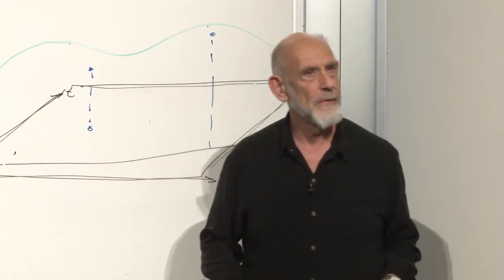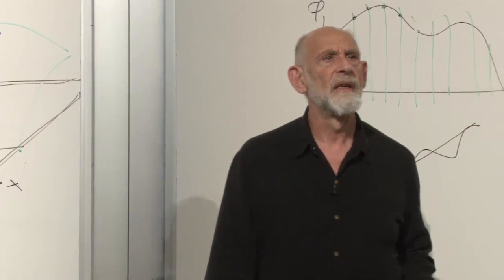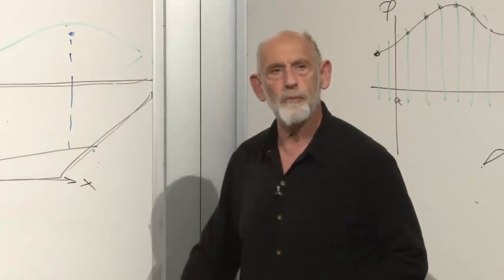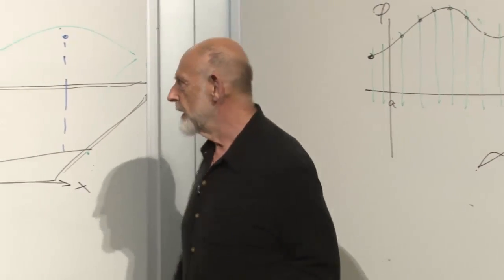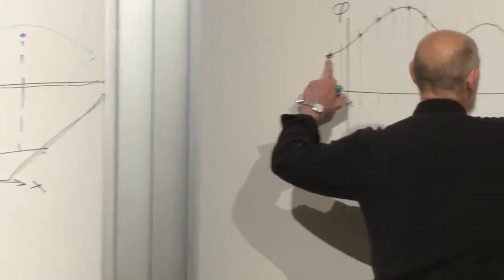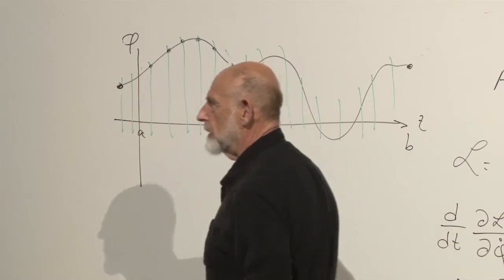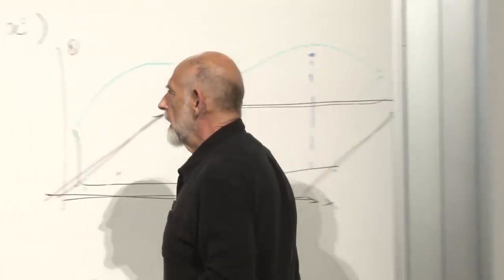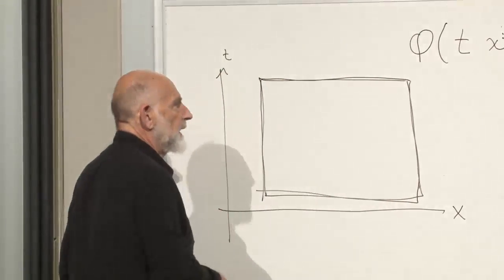Is the boundary just the bottom and the top of that rectangle, or the whole rectangle? The whole boundary of the rectangle. All 4 sides. Right. Just as in this case, we bounded it at the 2 ends. Here we bound it. And we hold fixed the value of the field here and let it wiggle around.